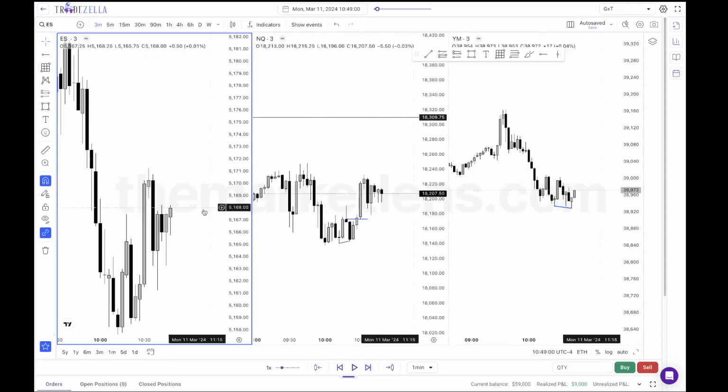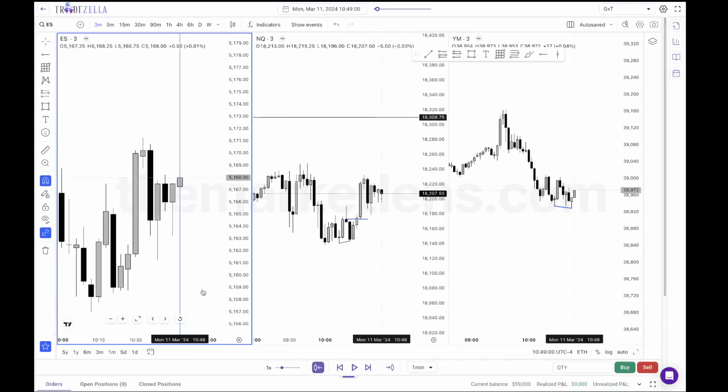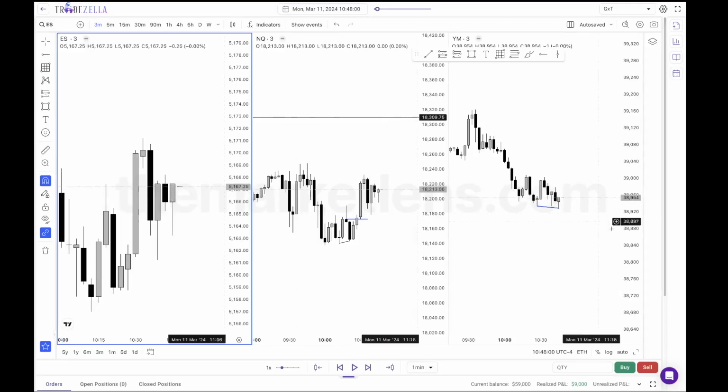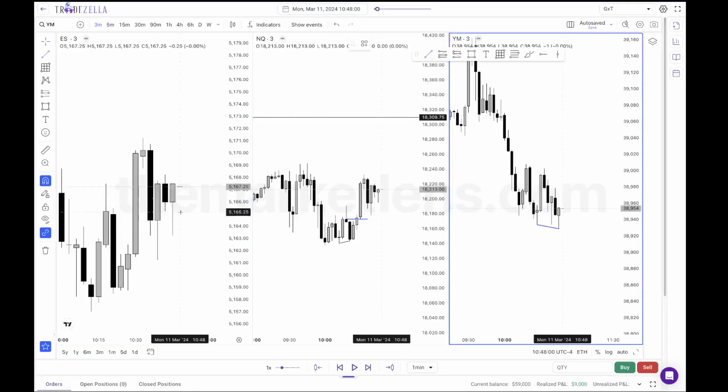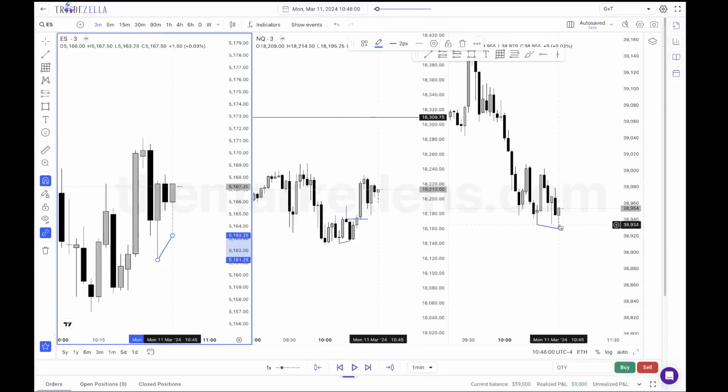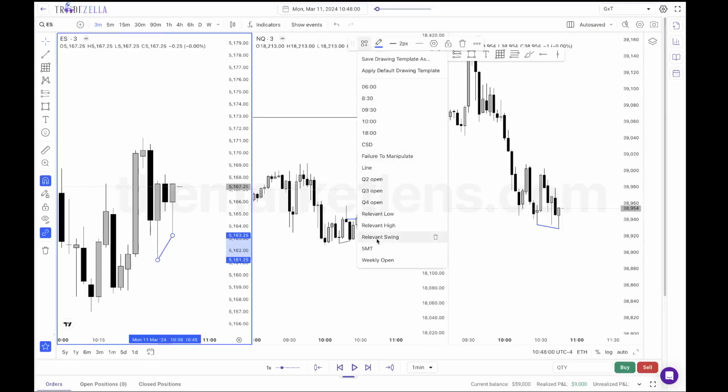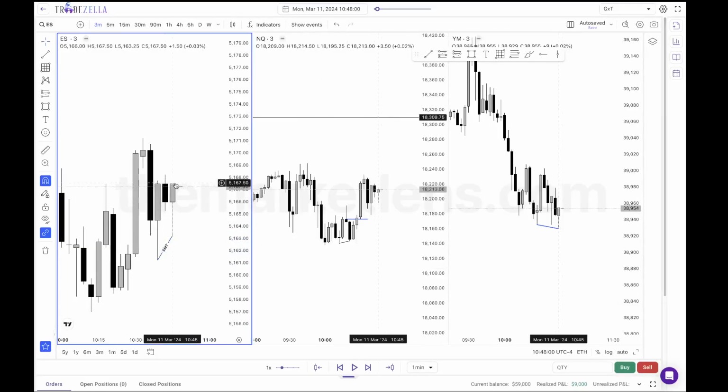Okay, hold on. Is that a... technically? Oh yeah, this is something you could take actually. Bar play to here. So you see the CSD, guys? You can take this CSD. Why? Because on the other asset, being YM, we actually took out this low. So we are actually seeing that ES is the stronger asset. Y'all see the CSD here?